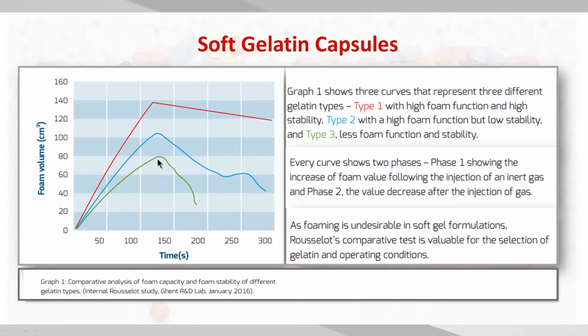Phase 1 shows the increase of foam value following the injection of inert gas, and phase 2 the value decreases after the injection of gas. As foaming is undesirable in soft gel formulations, we would like to choose the type 1 gelatin for the